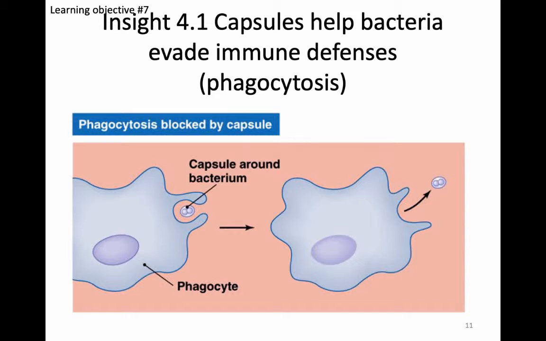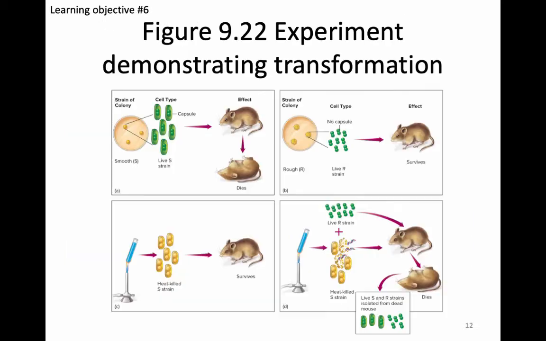So for this reason, the S strain was able to escape the phagocyte in the mouse and then went on to increase in numbers and cause an infection, whereas the R strain was attacked by the phagocyte and destroyed, and the mouse was fine. Okay, so an additional condition in Griffith's experiment was he took S strain, which normally would kill the mice, heated up the bacteria so they were killed, and injected the heat-killed S strain into a mouse,